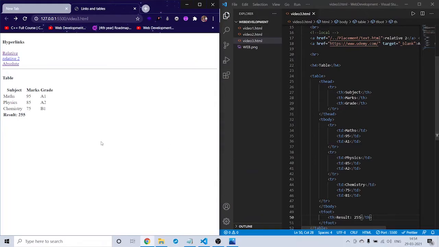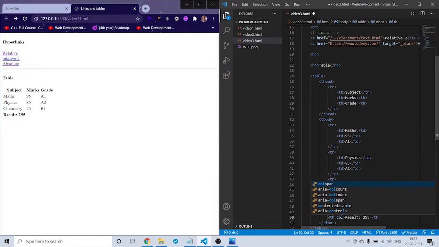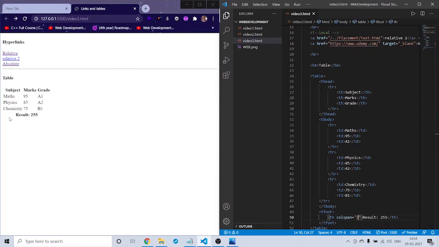So what I want is, I want this to be centered, which means I want to combine these three columns here, the subject column, the marks column and the grade column. I want to combine this, and I want to show this as the result here. So what I can do, I will give an attribute here, which is colspan. We have two attributes, colspan and rowspan. So here we are combining the columns, right? So for that I will use colspan, and we have three columns and we are combining three columns, so I will give 3. Now when I save this,